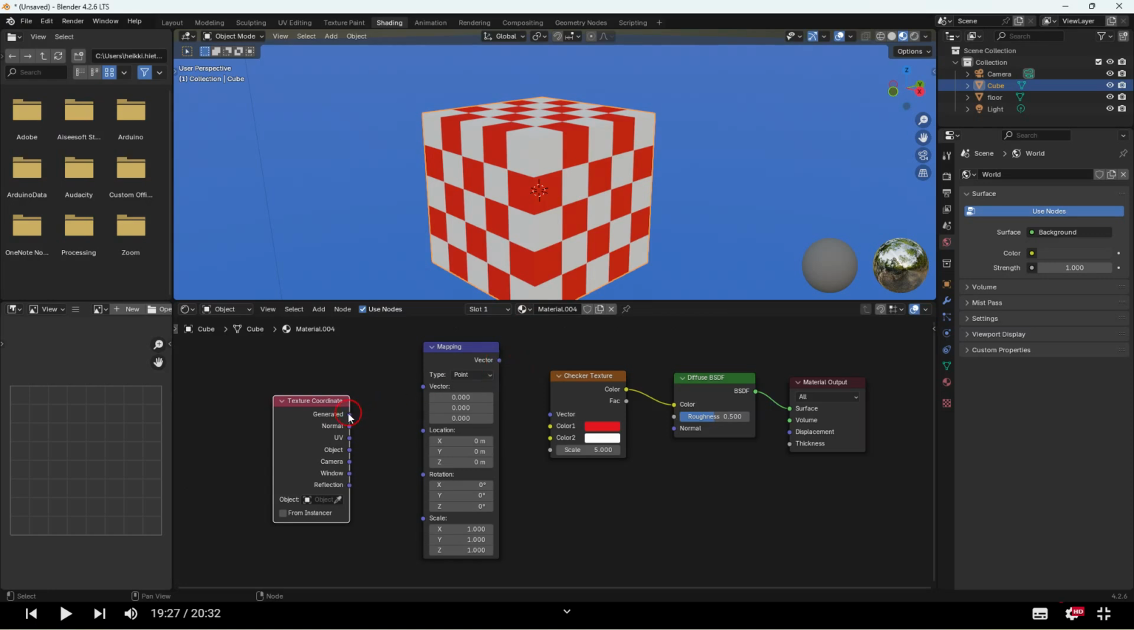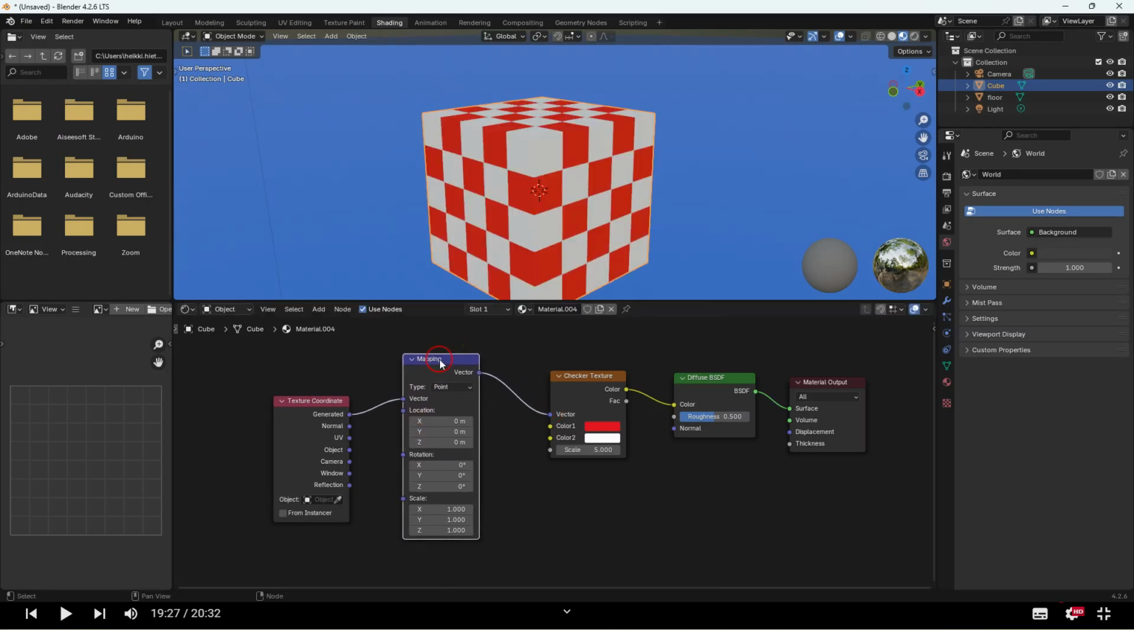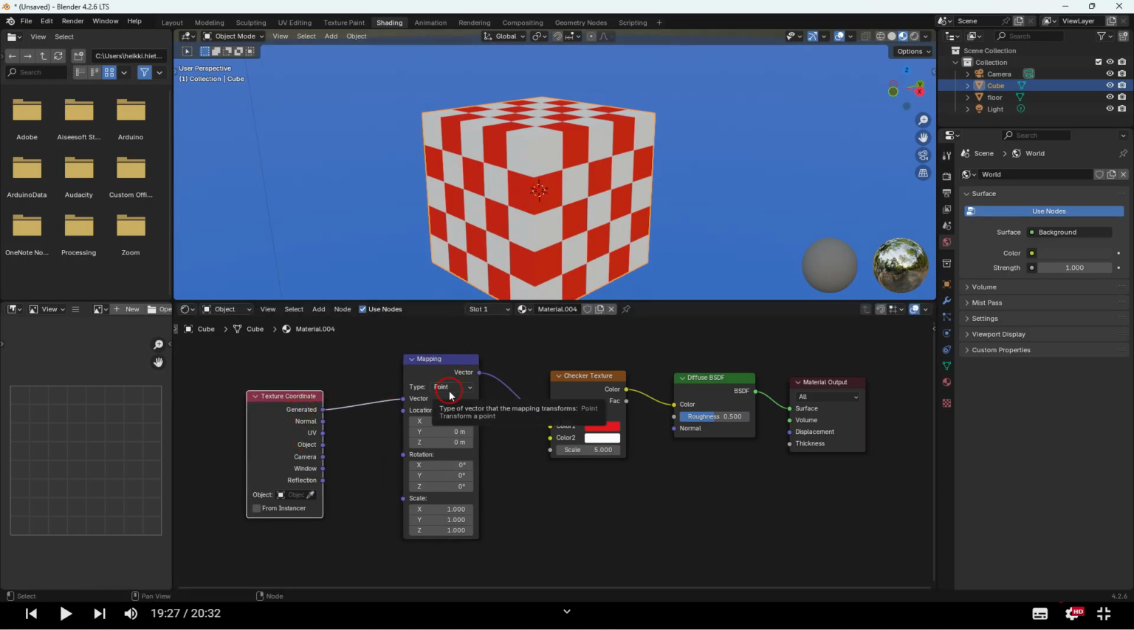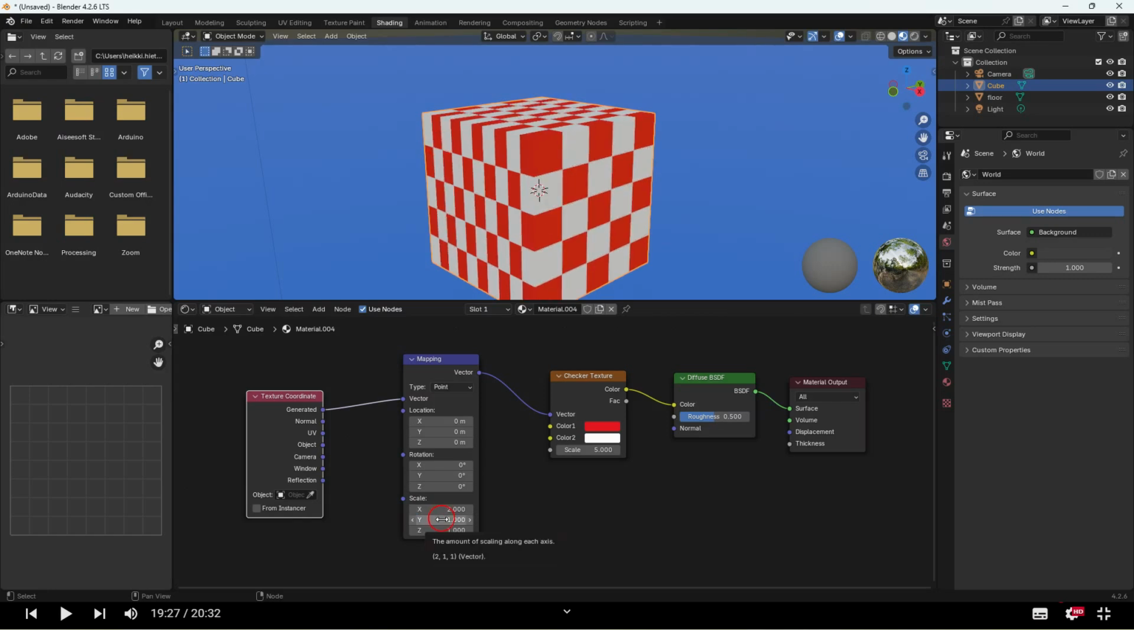So if I take the generated node and lead it out to the connector called vector, and then I take the vector and lead it in here into the vector input, the object is exactly the same because it is getting the texture coordinates from the object, putting them to the mapping where everything is the same, 1, 1, 1 for the scale, 0, 0, 0 rotation and location. So if I now go and I change the x into 2 and the y into 2,